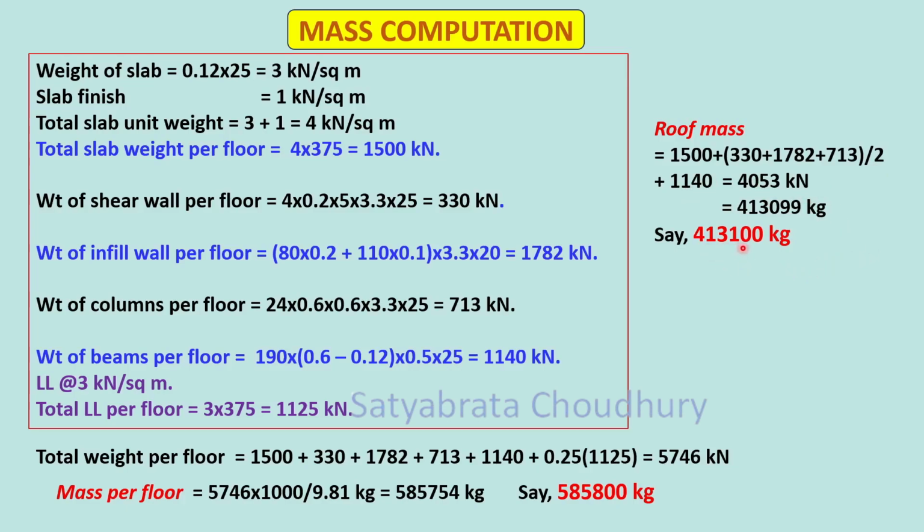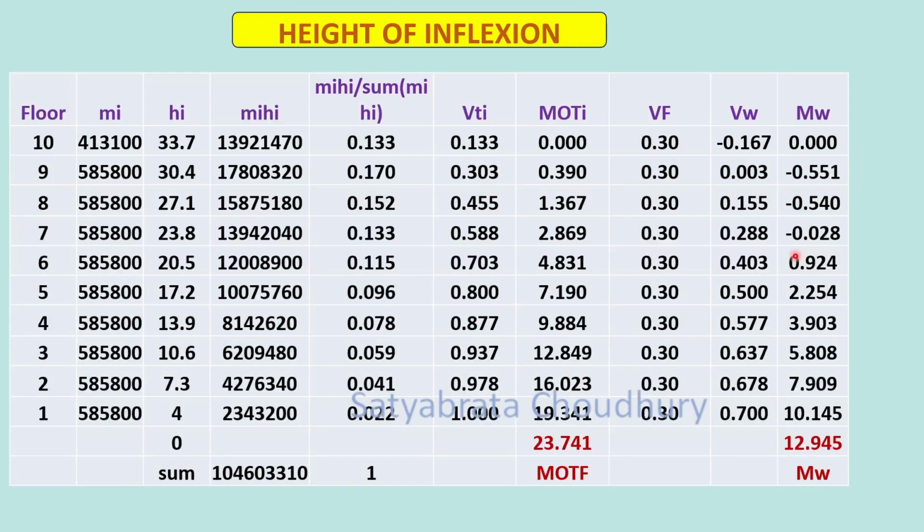So it is coming as 413100 kg. So you have calculated the floor level masses and the roof level mass. Now we can calculate the height of inflection we have discussed in previous video. We make a tabulation with MiHi, and summation of this MiHi. Summation is found out here, and this column is MiHi divided by this summation. So this comes in fractional values. Then